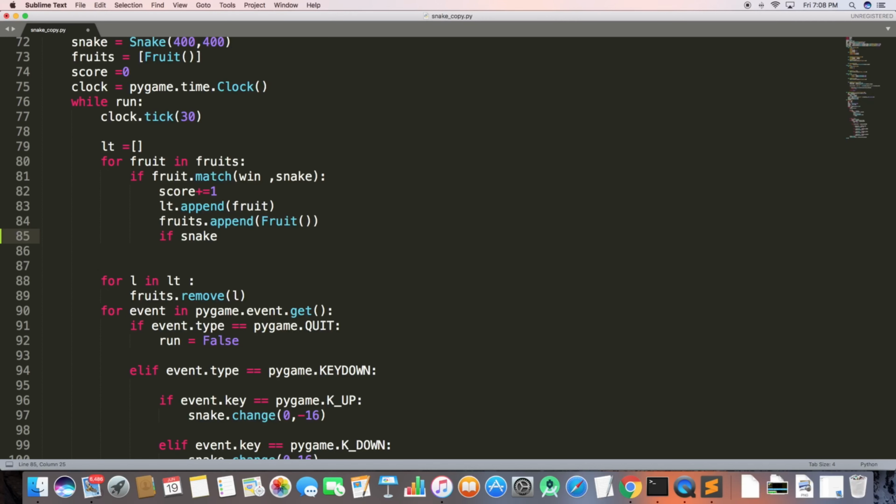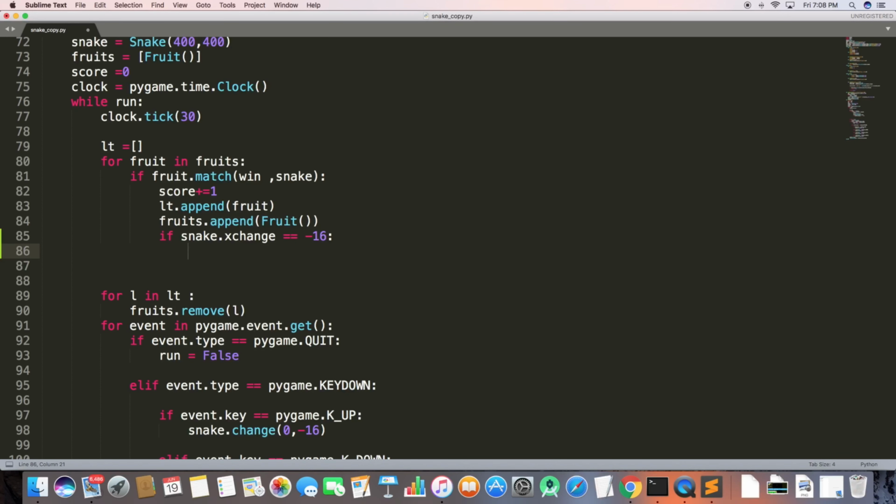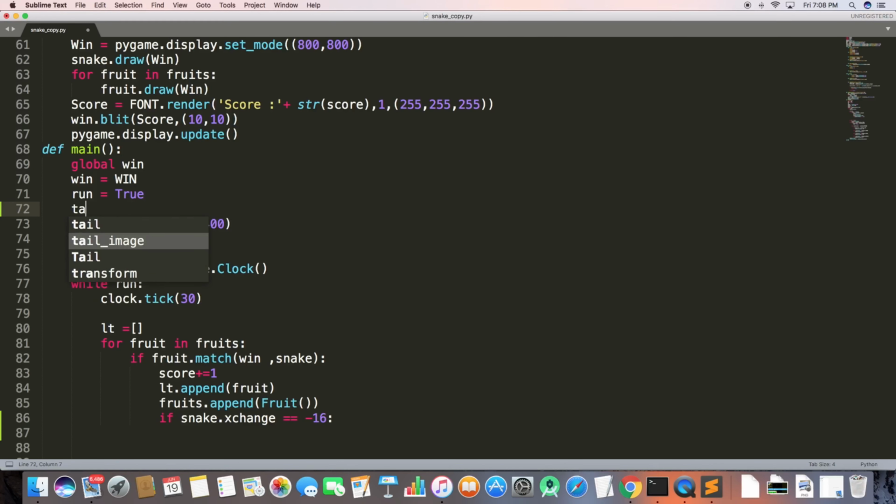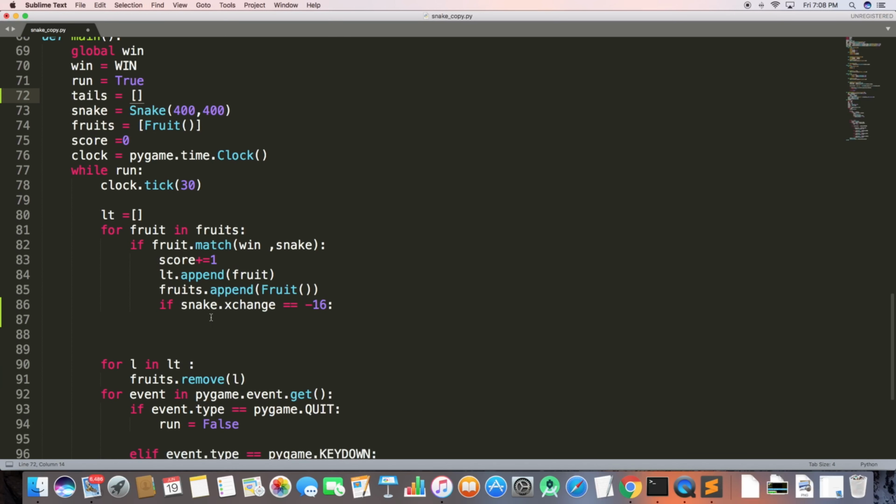So here we are in the if fruit.match. I will be passing snake.exchange. Why? It serves no purpose here. I don't even want to show you this code, but I wrote it. Anyway, what I initially planned was that if the snake is moving toward minus x, minus 16 will be like moving in the negative x direction, that is moving towards left, so I will add a tail on the right.